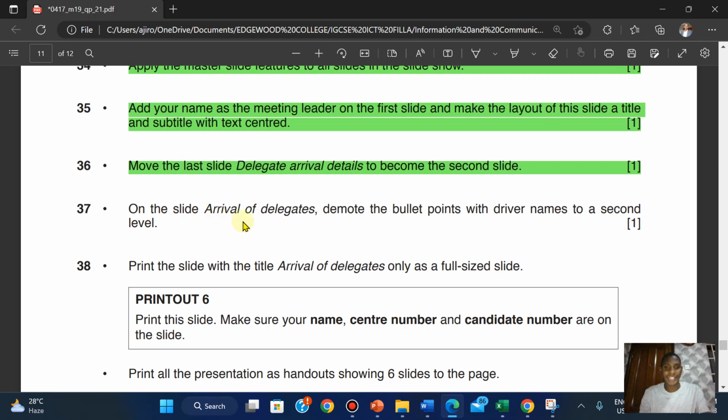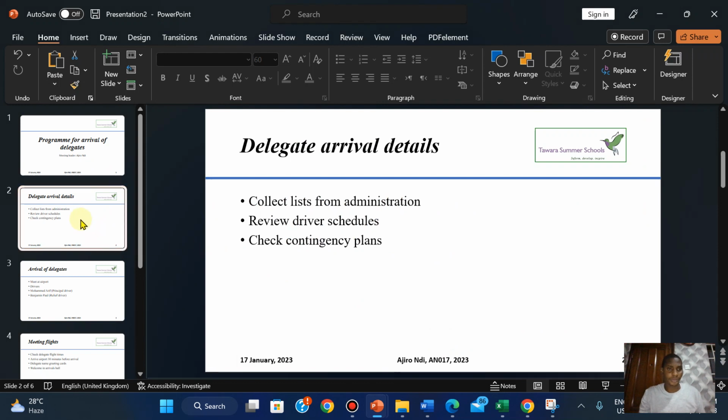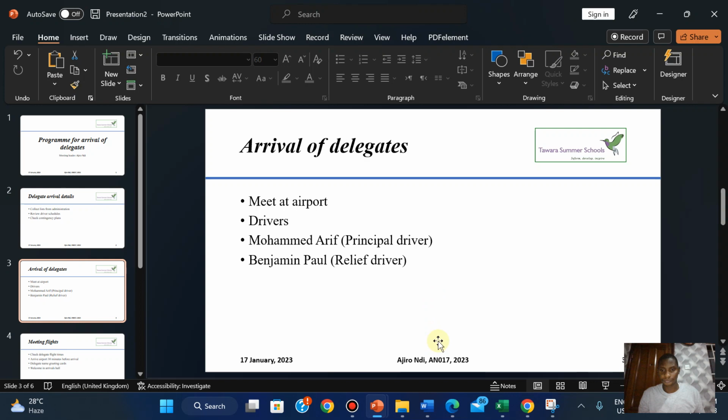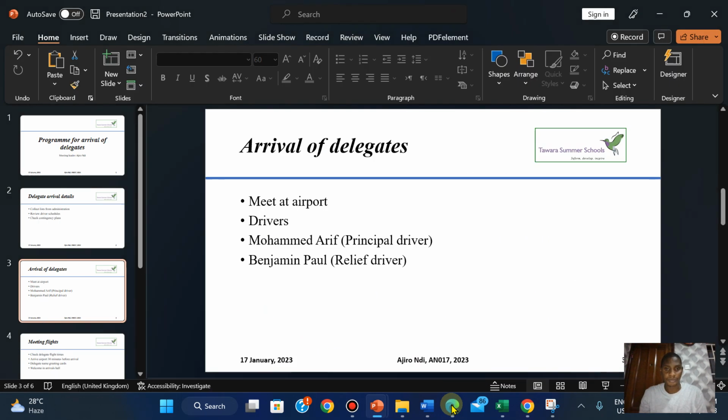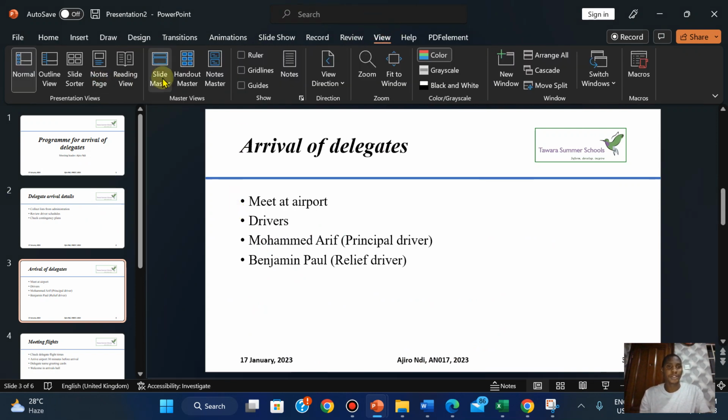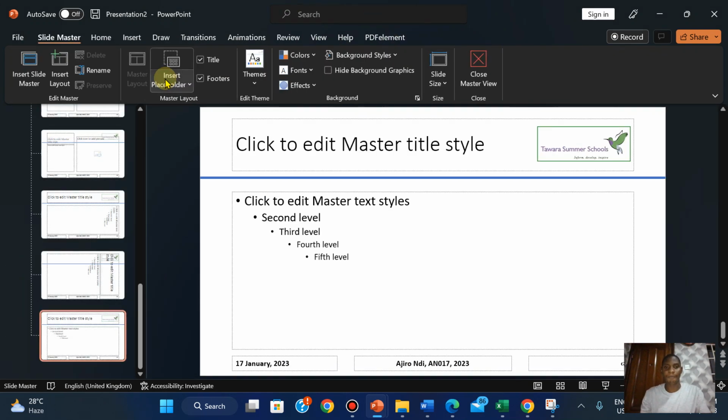On the slide arrival of delegate, demote the bullet point with driver's name to a second level. Okay. So on the arrival of delegates, demote the bullet point with driver names. Okay, so I'm going to show you something right now. So right here on my slide master, we have